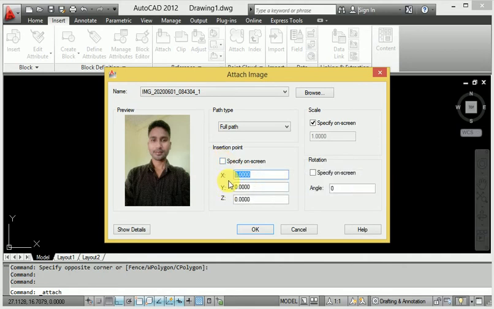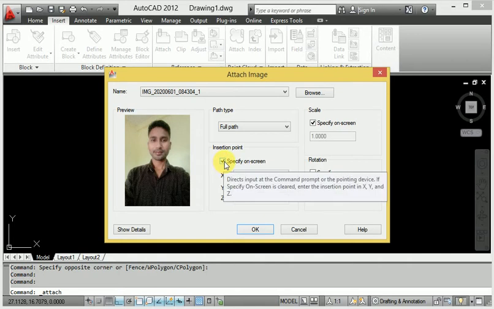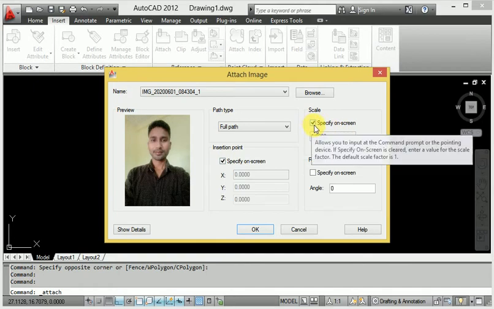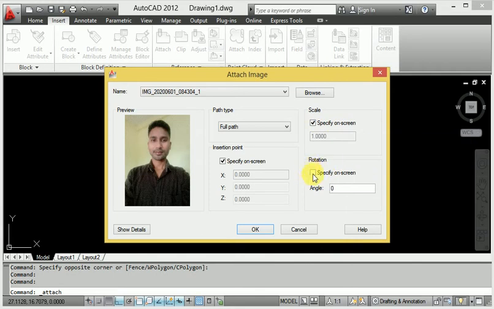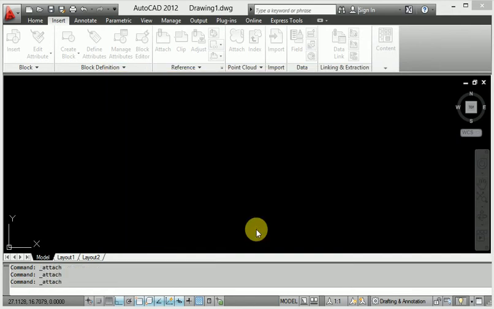If you put down a value, they are not at the 0 axis in our image insert. So always be careful, I want the 0 axis, and they are asking to specify on screen. I want to specify on screen, so I select here, then OK.